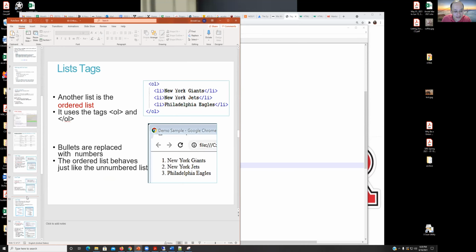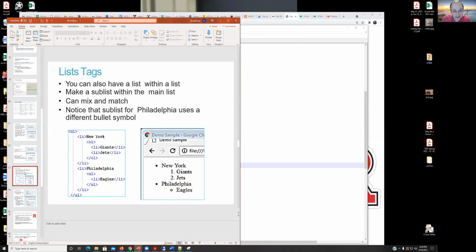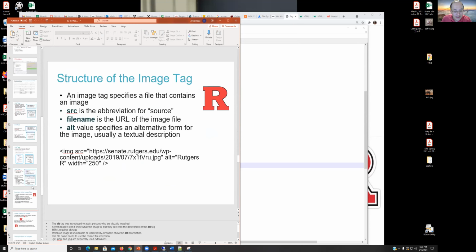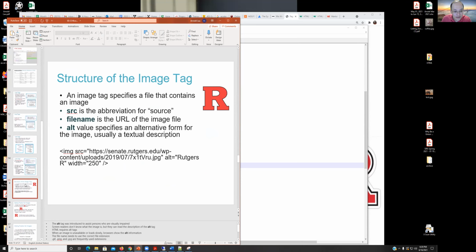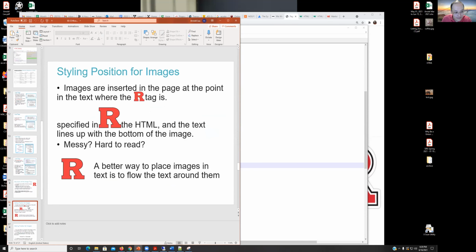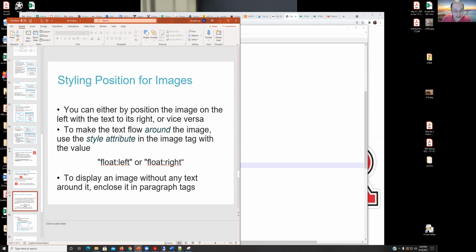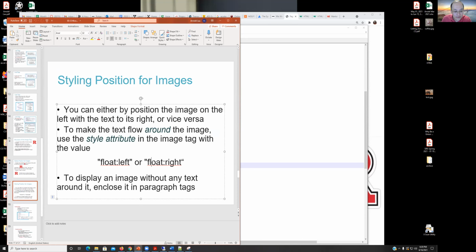The list tags, yeah, we did the list tags. We nested the list tags, right? We did the images. We did the float, right? So you had the floating for that. Yeah, so float left, float right,